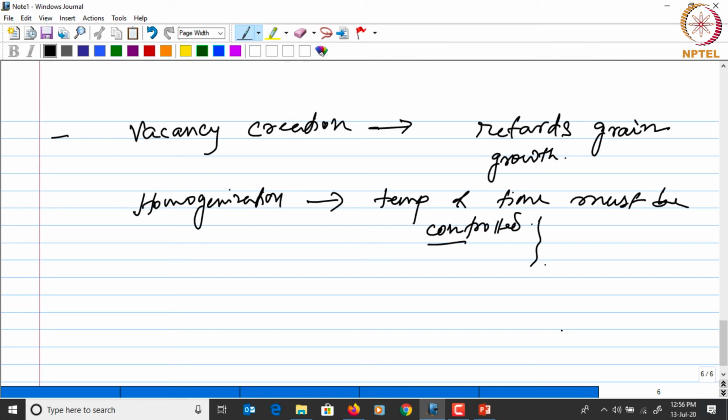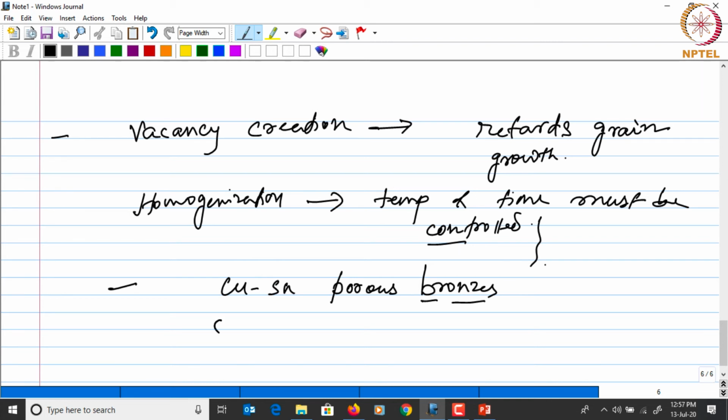A perfect example of this kind of pre-mixed powder for making alloy is the copper-tin porous bronzes, where tin powder is mixed with copper to make bronze, which is an alloy of copper and tin. So tin here is the minor element or the alloying element, and copper is the major. So some amount of tin, depending on the composition that is needed in the final material, is added in copper, and that mixed powder is sintered.